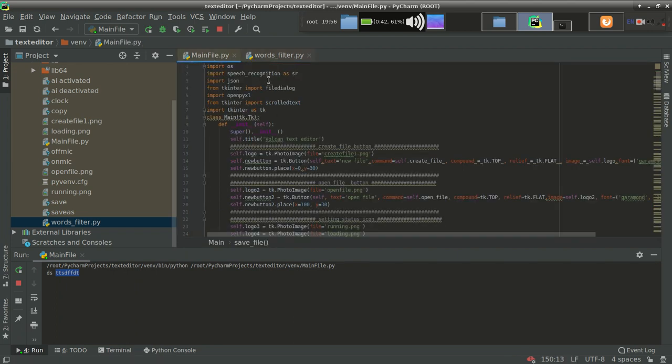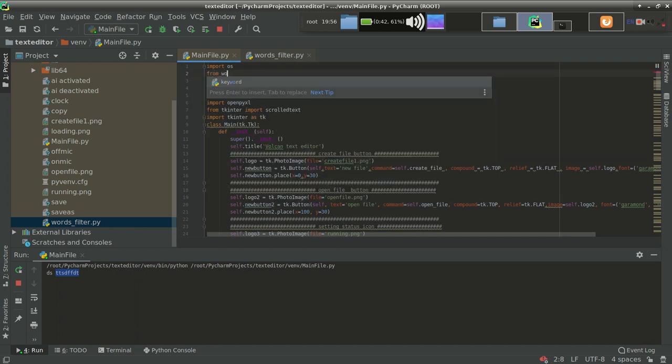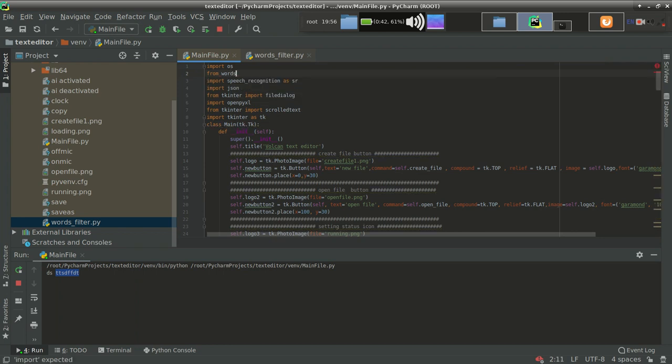So for doing that, write from words... wait, something is missing because it is not suggesting the words.